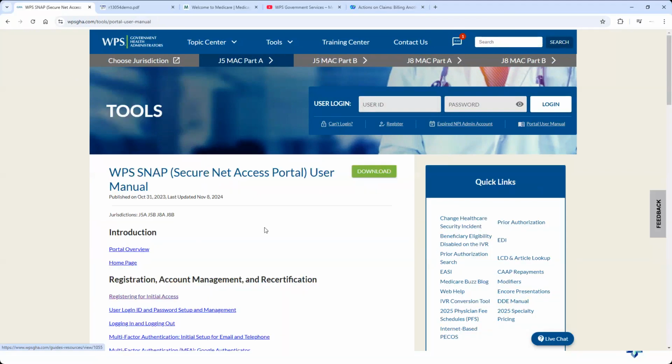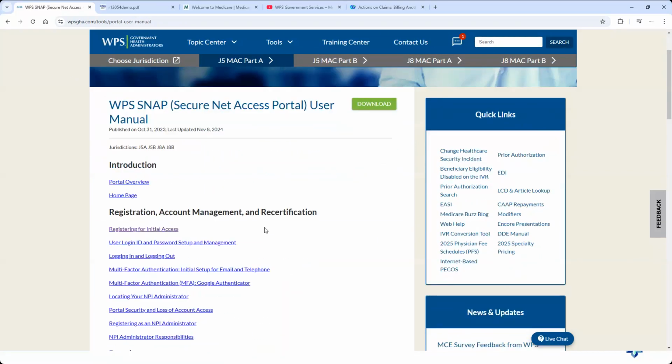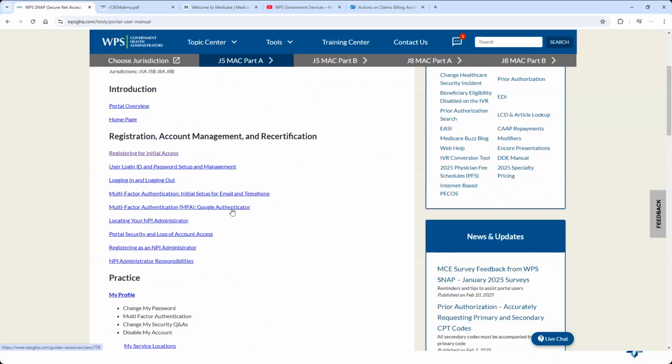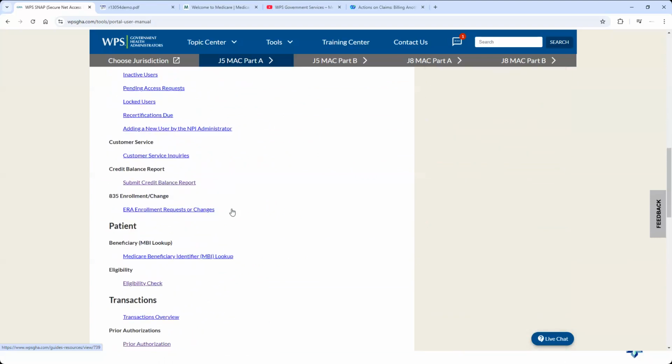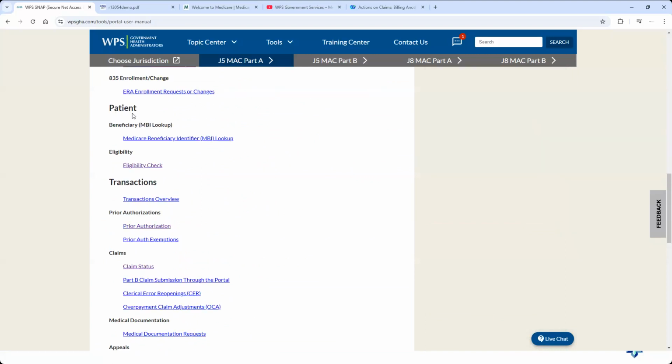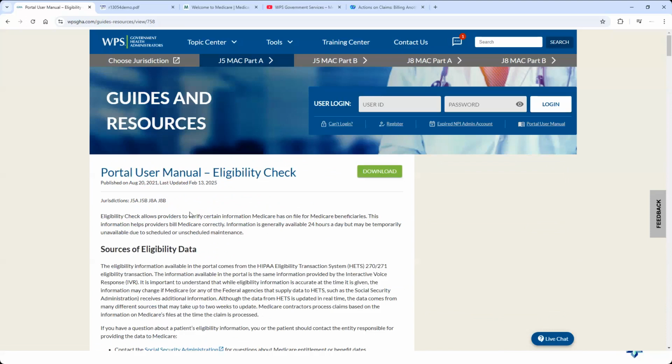A lot of what we're going to be looking for in this case is under eligibility. So I'm going to scroll down, look away if you don't like a fast scroll, but I'll just warn you, look away. But okay, if I scroll down, you come to these transactions here and you have patient and eligibility. Eligibility transaction contains a lot of what we're talking about here.